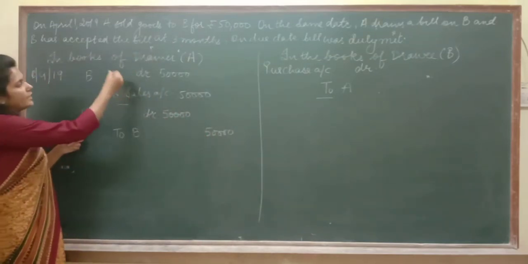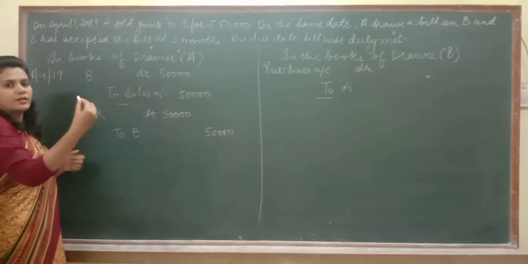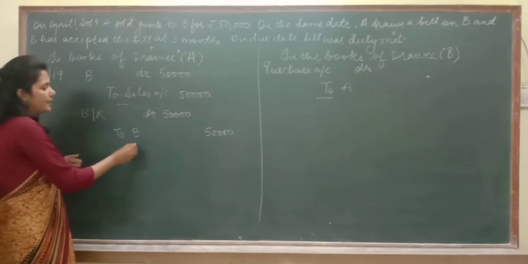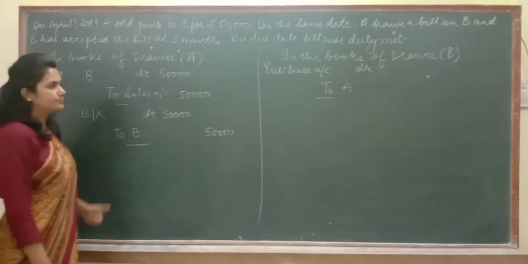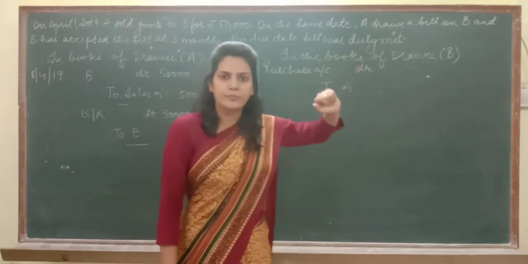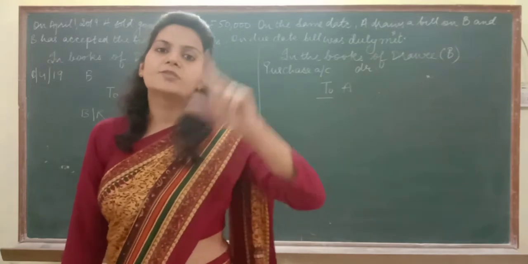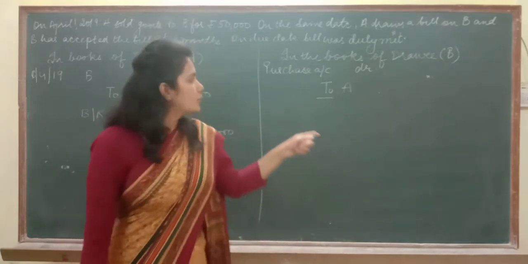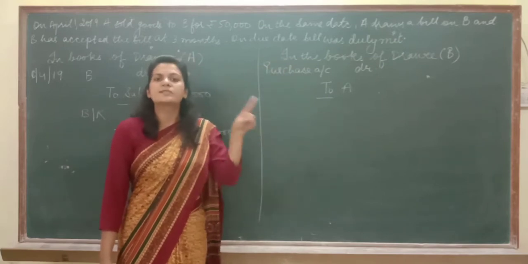He is going to be out from the list of debtors now. Debtors have a debit balance. If I want to take him out from that list, I need to credit him. So the entry becomes BR debited to B. And here, earlier A was creditor of B. Now as B has accepted the bill, it means that B is going to pay the money to A. So now, instead of his creditor, A has become his bills payable.